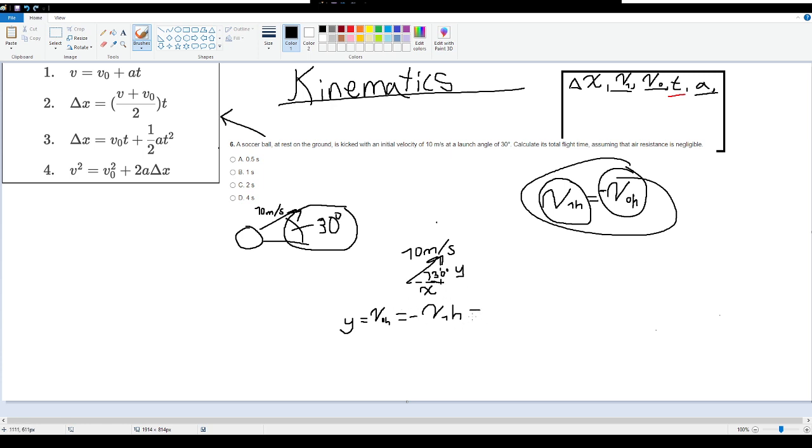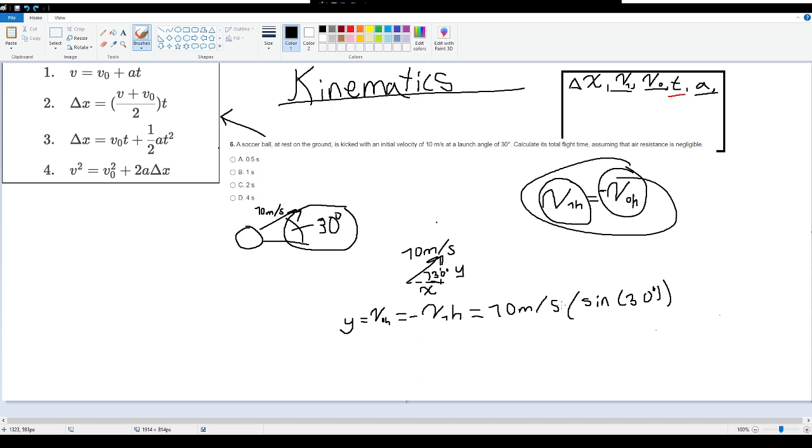This will equal 10 meters per second times sine of 30. Boom. All of a sudden, we have V0V. We know that V1V is negative this,